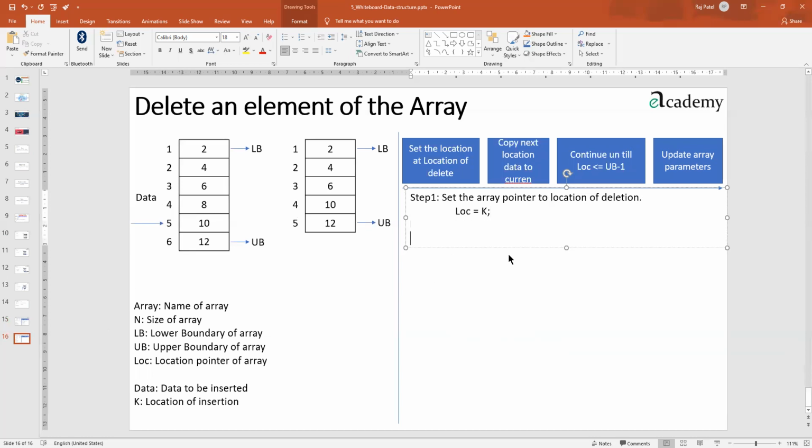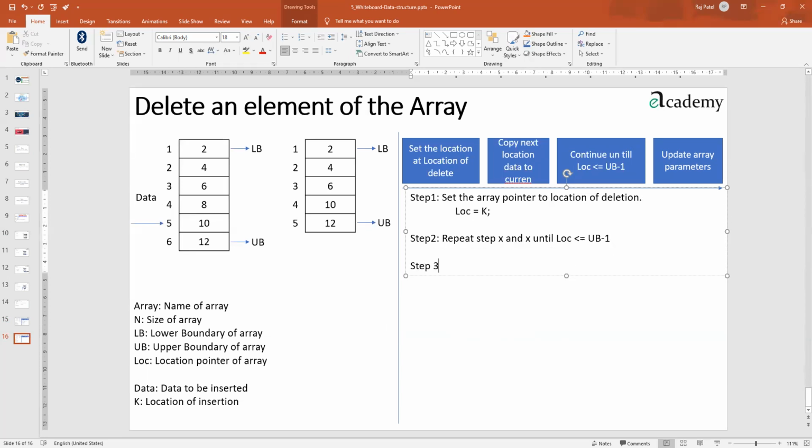Okay, if we go next, we have step number 2. After we are done with this, we have to start shifting the pointers, and that will have a repetition, so repeat will be there. Repeat step 3 and 4 until LOC is less than or equal to UB minus 1.